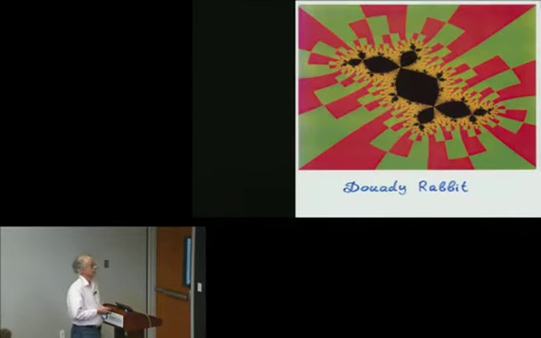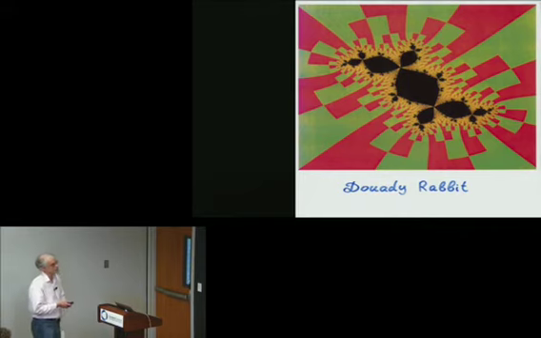And here is a typical picture. Here is the basin of infinity; the orbits here escape to infinity. This black Douady rabbit is the filled Julia set; here the orbits stay bounded. And the Julia set is this complicated fractal set that separates the basin of infinity and the orbits which don't escape.